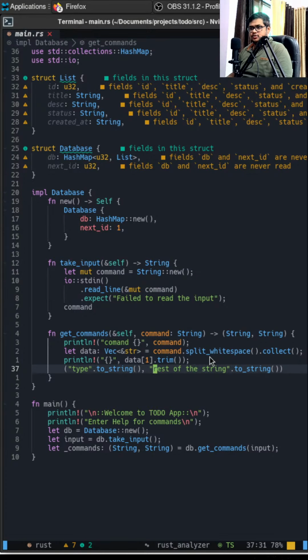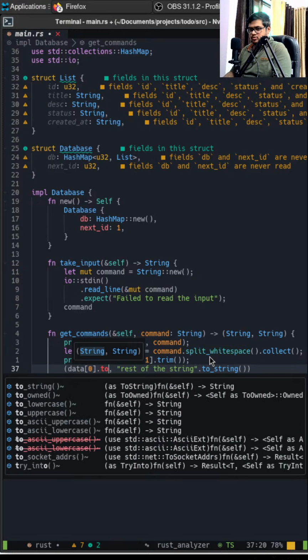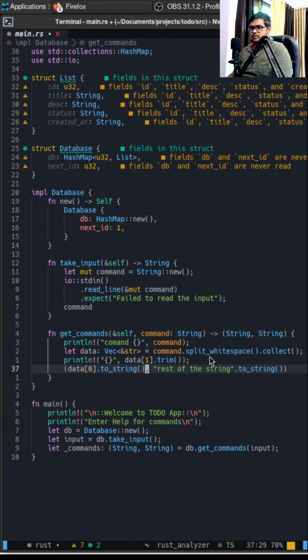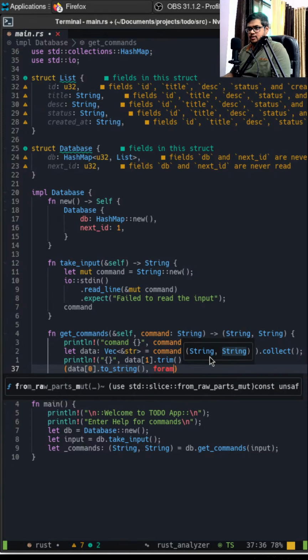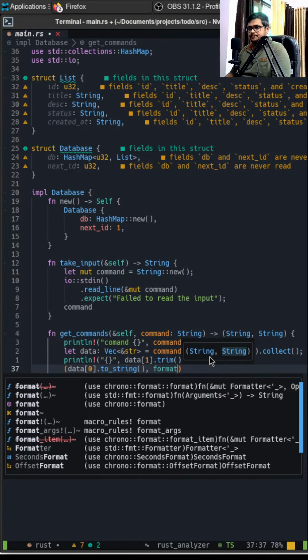So over here I need, because that is this, so I would say data 0 dot string. I can do this, and here I can say, because it's like that, right? So I need 1 and 2 here, so probably I can say format